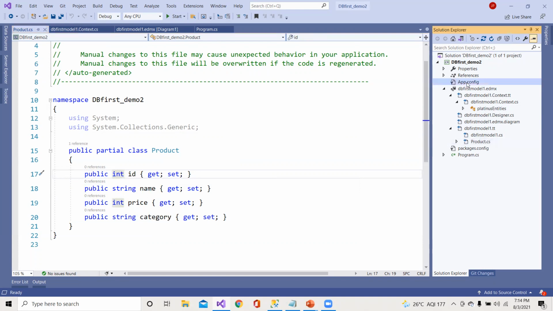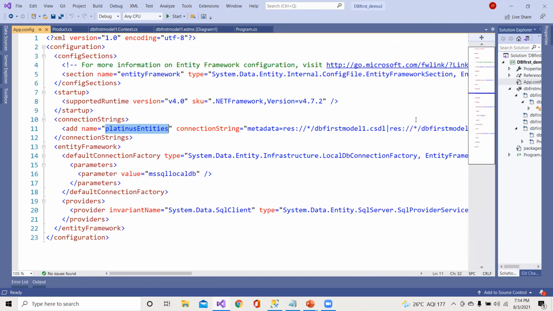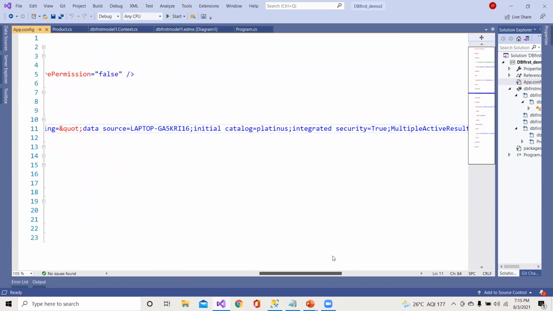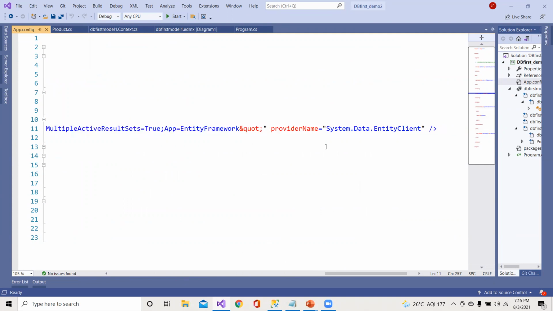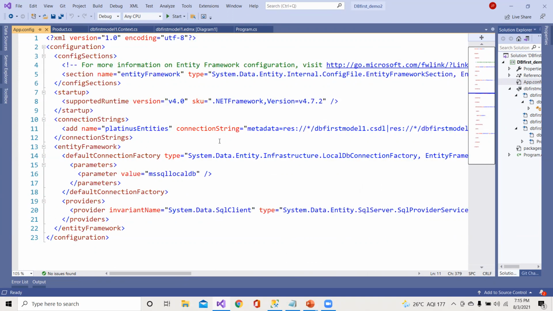If you go to App.config, here you are getting the connection string. In the code first approach, we used to add the connection string ourselves. We have added the name of the connection string, and the connection string has the connection to our Platinus database, and EntityClient is the provider name. All the rest of the things are automatically added by the Entity Framework.